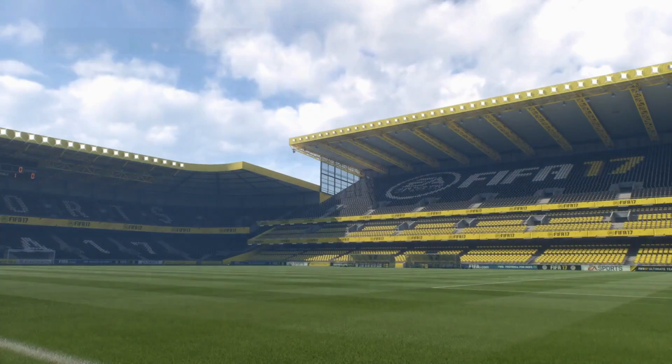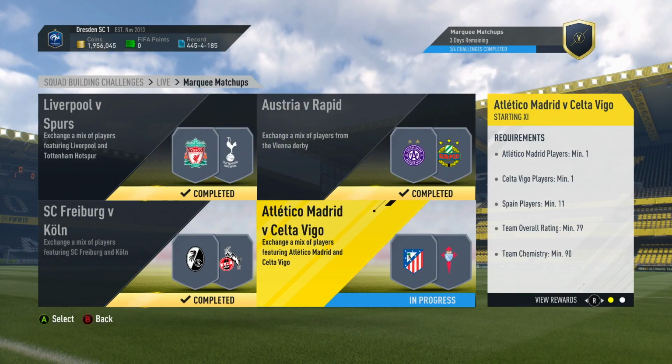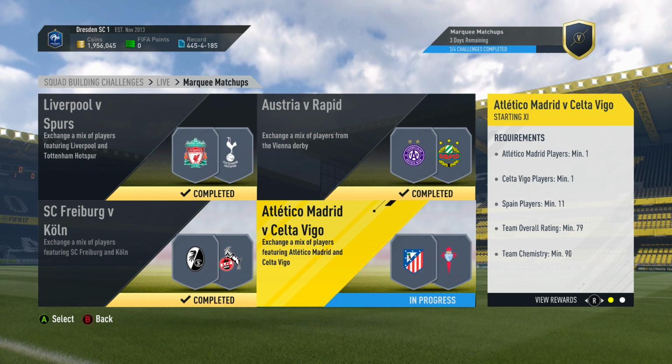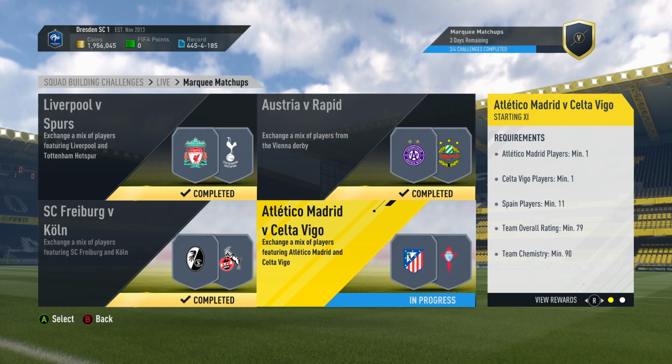We'll submit that one and we get a silver players pack for that. That's pretty good. But you obviously get some decent players in that pack that are normally worth a bit of coinage. And then the only one you might struggle with, I guess,